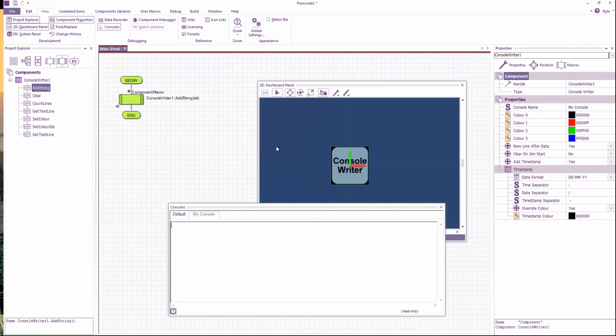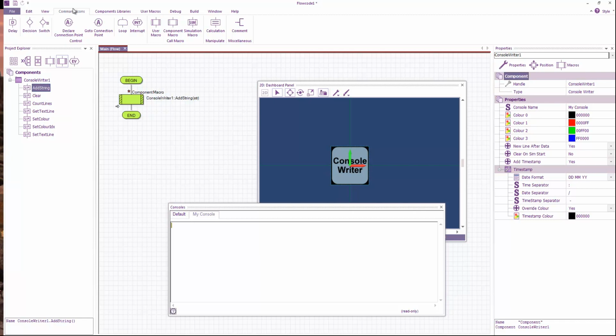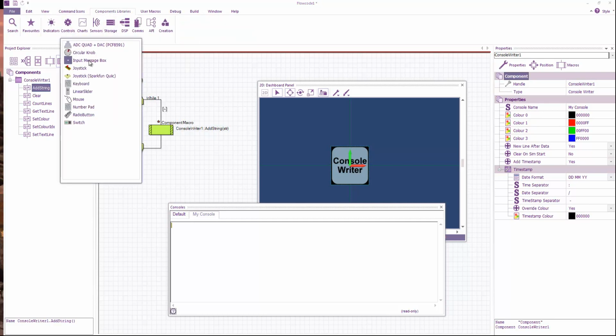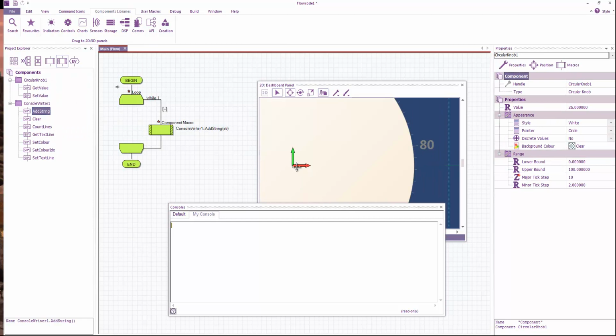What I'll do is I'll create a very simple loop which samples an analog input. So if I add a loop, if I add a control, which is a circular knob,